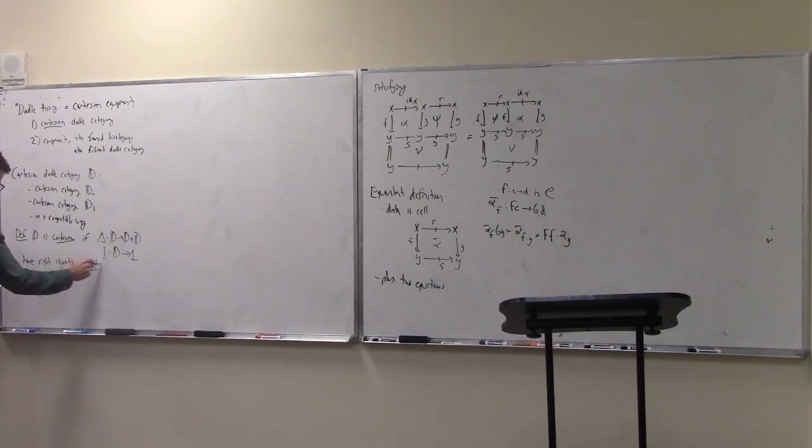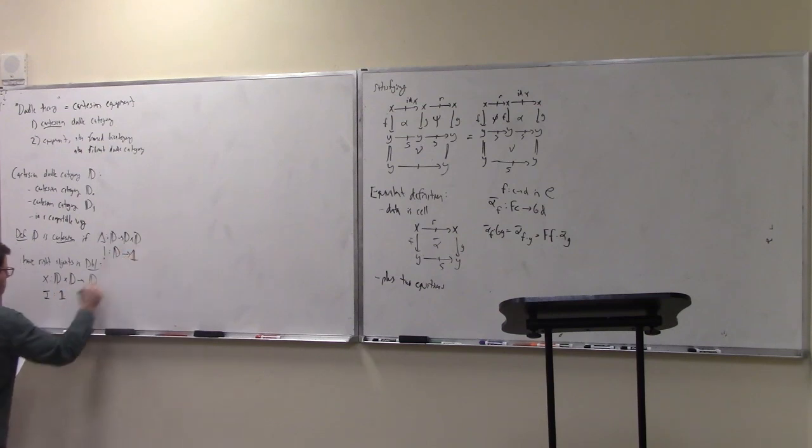So what this says is that you've got some double functors, so in particular you get